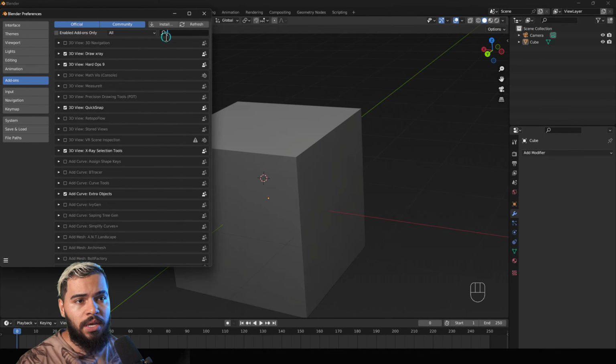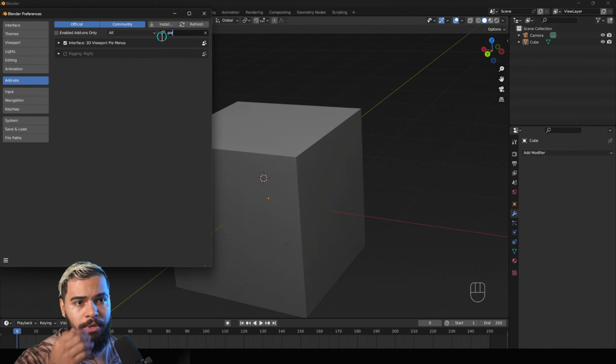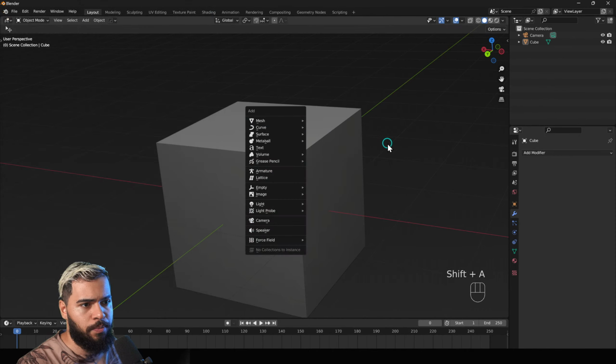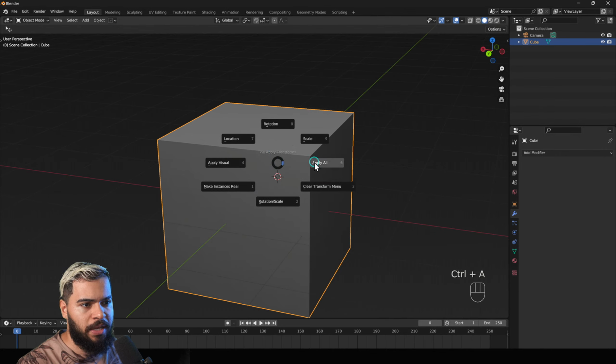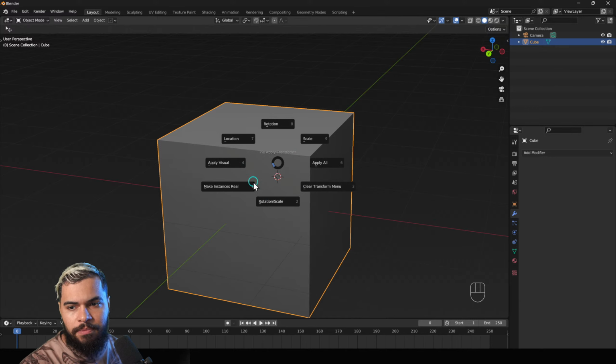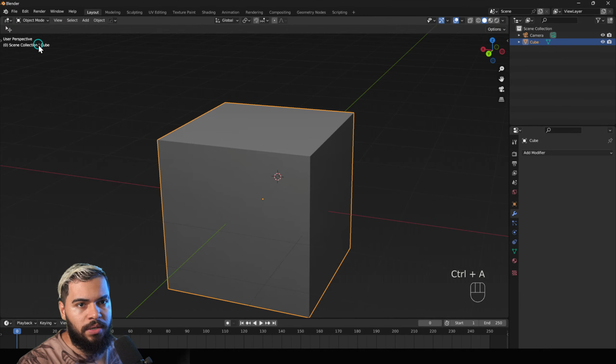This is awesome. But the one that I like to recommend you to activate is the pie. This pie, right, P-I-E in that case, and then you activate this one. Why? Because if you press, for example, Control A, it is going to display like that. Okay, it's like a pie. So this is the add-on that I've been using more.